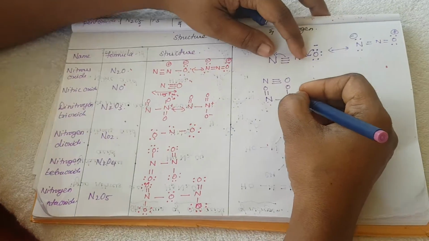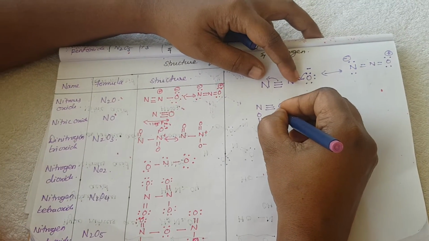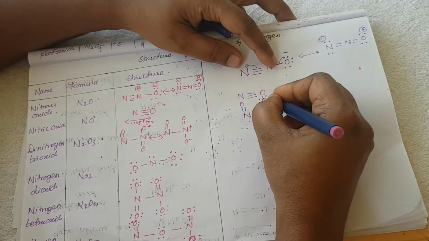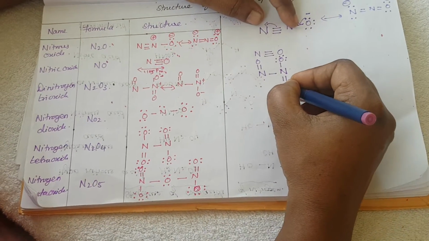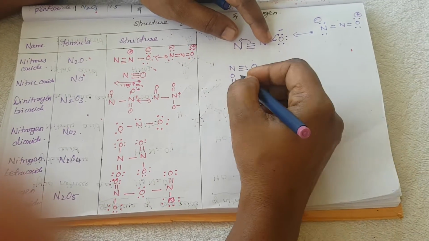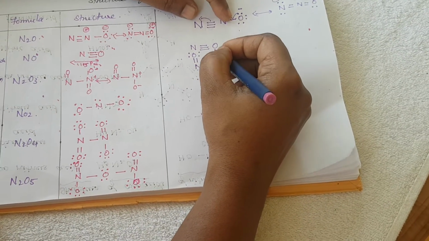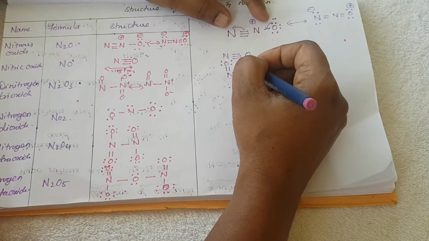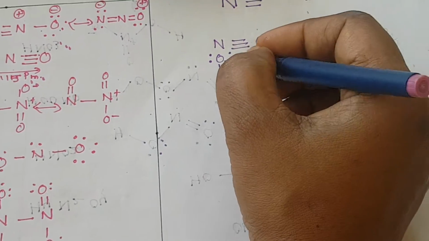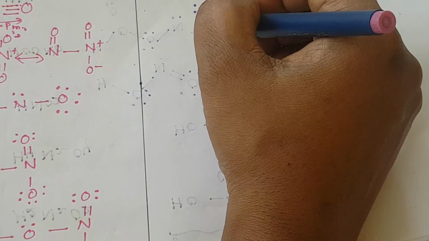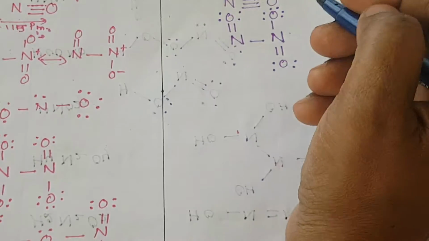So first, remember that a single bond means you can write 6 dots, right? Double bond means you can write 4 dots. So here also, double bond, only 4 dots. Single bond means 6 dots, because what is that 6? That is the 6 valence electrons in the oxygen. So here that is a double bond, and the remaining 2 electrons are bonded with the other nitrogen.